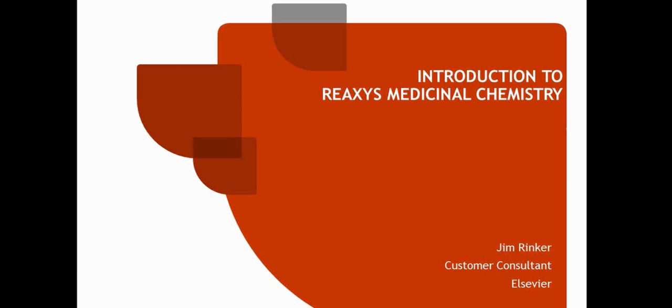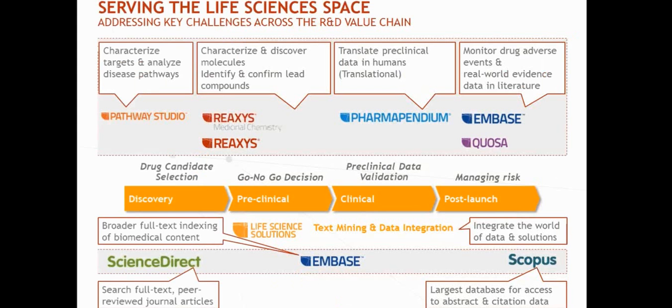So just as an intro, Elsevier has a suite of life science tools that we're working on integrating into a solution for research and development, and the tools that we're actively working on for R&D are Pathway Studio and Reaxis Medicinal Chemistry. Reaxis is more of a purely chemistry tool, while Reaxis Medicinal Chemistry sits on top of Reaxis, so you would have all the capabilities of being able to do reaction substructure searches,